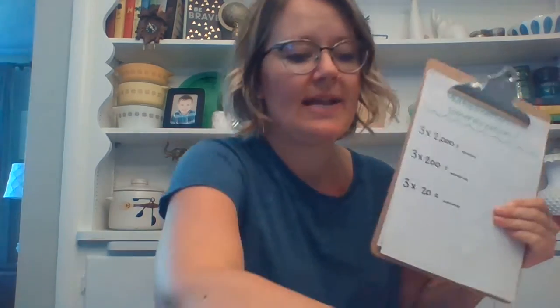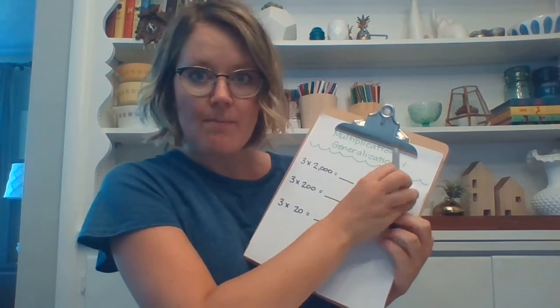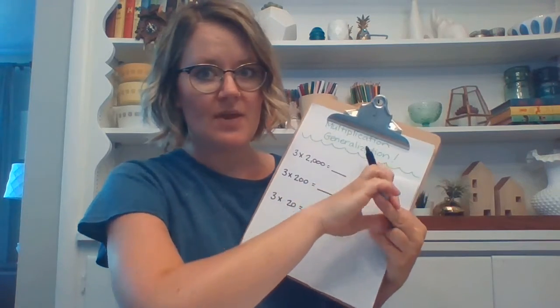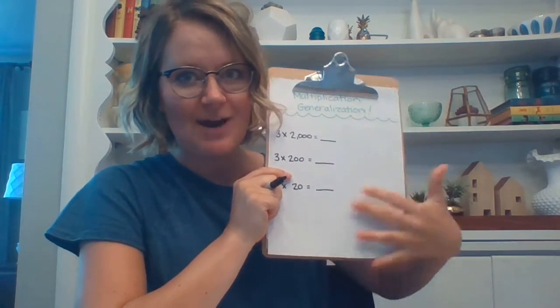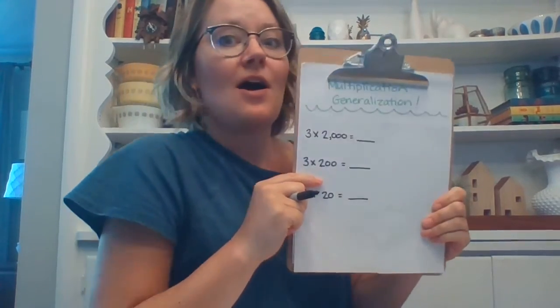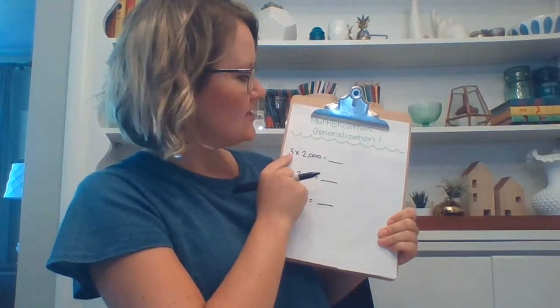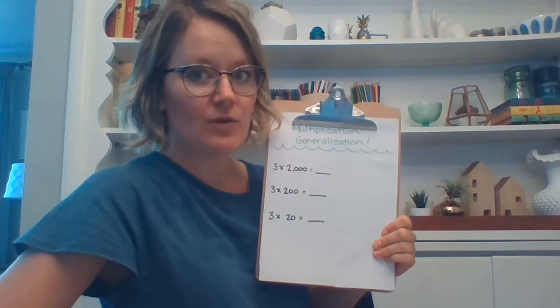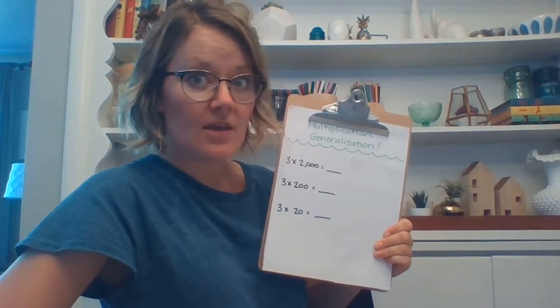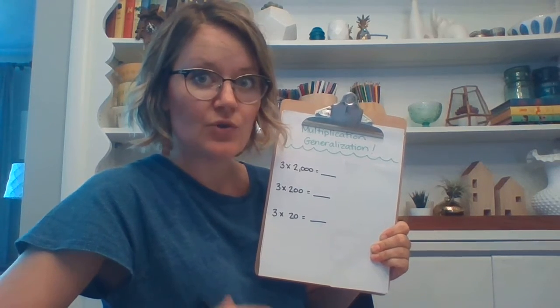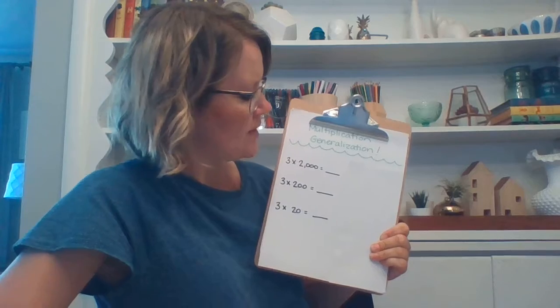I recommend that you have a pencil and a paper and that you stop and pause the video and jot new ideas down or any posters or words that will help you as you work through this packet. I'm going to jump right in though with kind of a modified problem string. Since we can't be all together in a classroom and you guys figure these out and then talk about the patterns, I'm going to do that for you. All right, so we're going to start by trying to come up with a generalization for multiplication. And we're going to start by thinking about whole numbers because that's how we're going to understand how to multiply with decimals. So 3 times 2,000